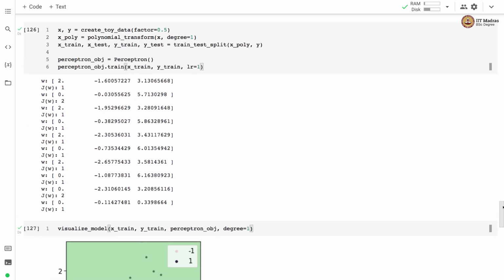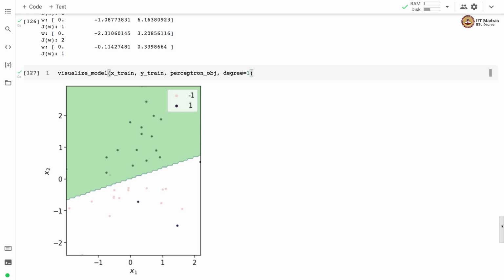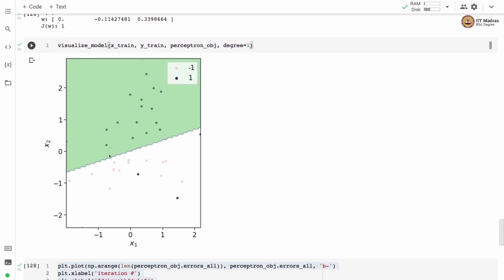And you can see the oscillation here. The loss is 1, then the loss becomes 2, then it again comes back to 1, stays there for some time, then it again shoots up to 2. So perceptron does not converge, it keeps on oscillating. And you can see the boundary learned after the 10th epoch, and you can see that there are some examples that are misclassified. For example, this is one example from this class which is misclassified into class 1, and these are a couple of examples from class 1 that are misclassified as -1.